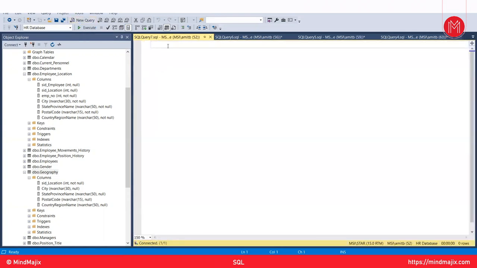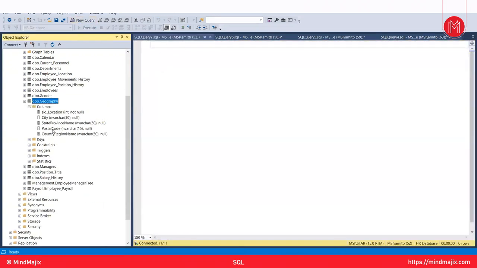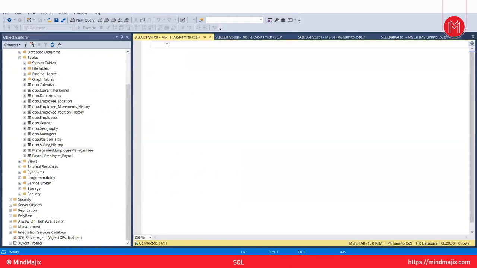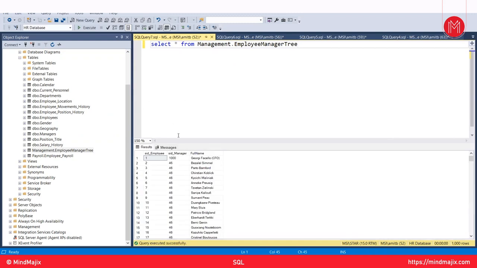I'll take a new query, and for this example, I'll be using the employee manager tree. So let us see what this employee manager tree table contains. I'll select star from, let me name the schema over here, and the table name, and if I execute this query, this table consists of interesting information. We can see there are three columns: the SID employee, the SID manager, and the full name. Now each employee has a manager, and each manager has an employee ID because the manager is also a part of the organization. So for employee 1, the manager ID is 1000 and the manager name is